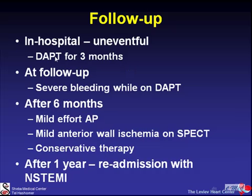He received dual antiplatelet therapy for 3 months, and at follow-up, he had severe bleeding while on dual antiplatelet therapy, requiring increased doses of factor 8. After 6 months, he was seen again at the clinic and reported mild effort angina. We performed thallium imaging showing only mild anterior wall ischemia, so of course we recommended conservative therapy. But 1 year later, he was readmitted with non-ST elevation MI and referred again, using the same protocol, to